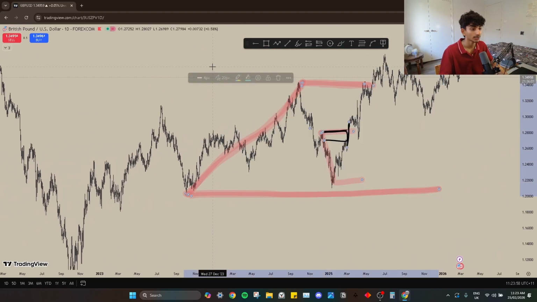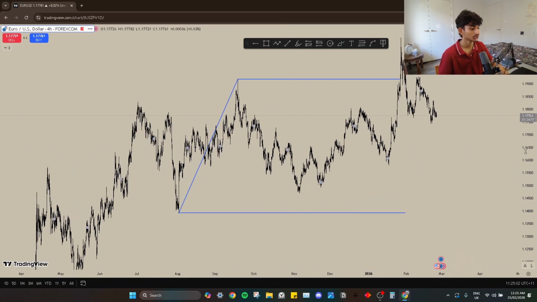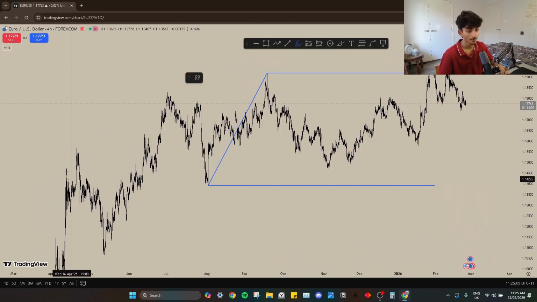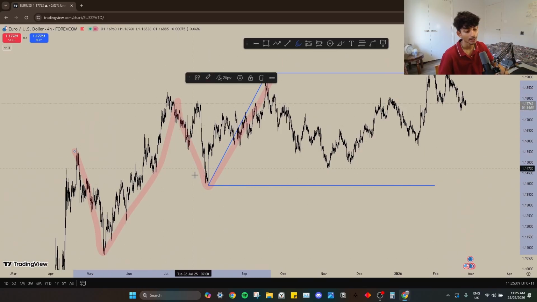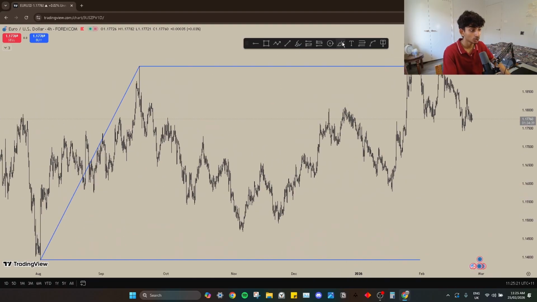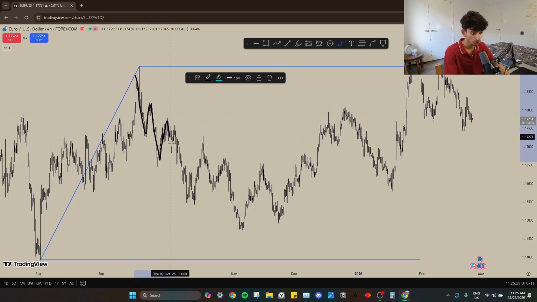Let me give you another example. Okay, take this as our new range on EURUSD. We're in an uptrend. Boom, boom, boom, boom. Higher low, higher high, higher low, higher high. We're in an uptrend, okay? Now we're looking at internal structure. What's internal? We can obviously see that internal structure at this point in time was bearish, okay?